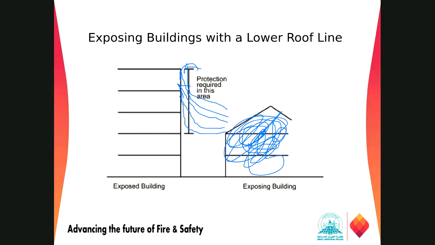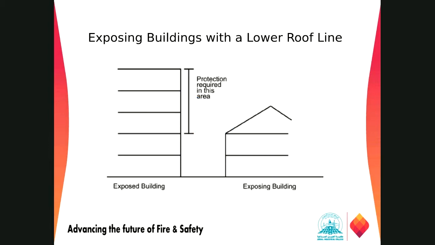I got disconnected because of a network issue. I was just explaining that if there is a higher building and a lower building, and the lower building catches fire, the heat from this building will go in this direction and warm up this material, and it will also catch fire. So NFPA 80A says we have to protect this area either by fireproofing materials or by the water curtain system, which uses a small quantity of water, for the exposure protection requirement.